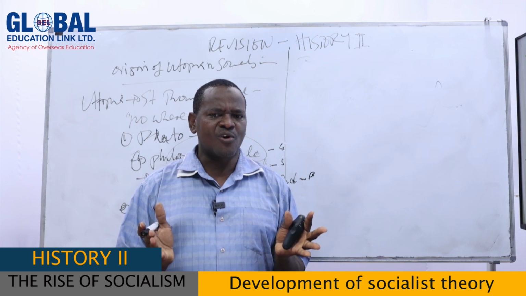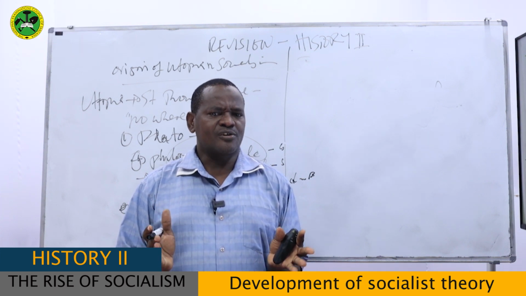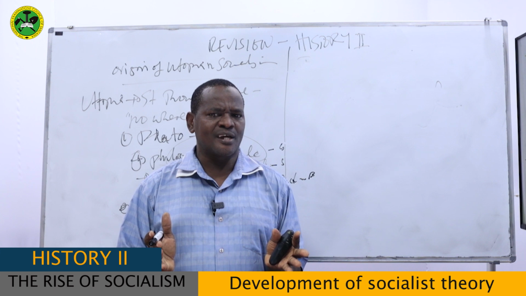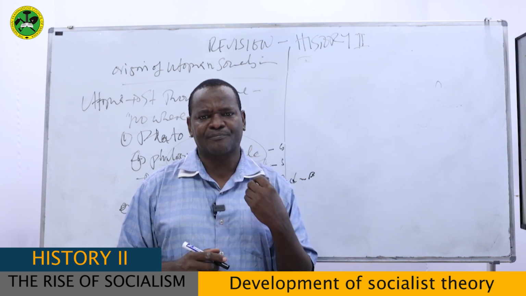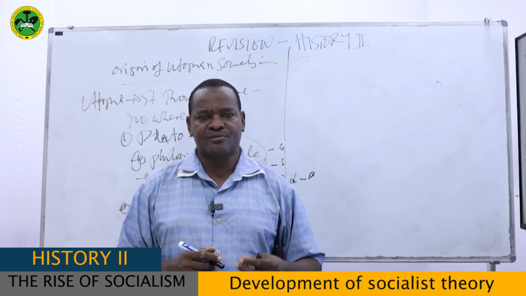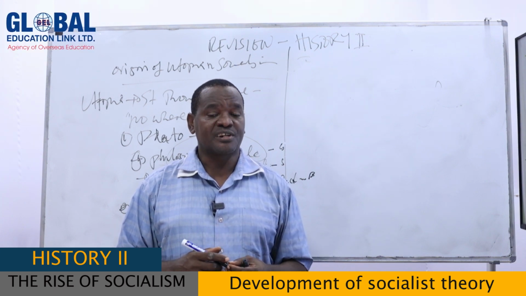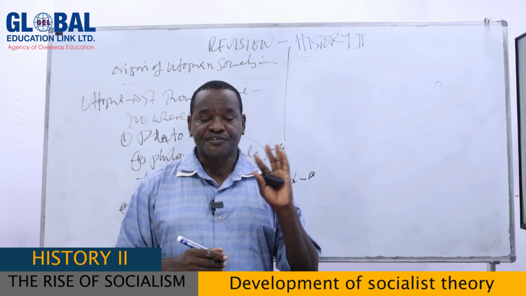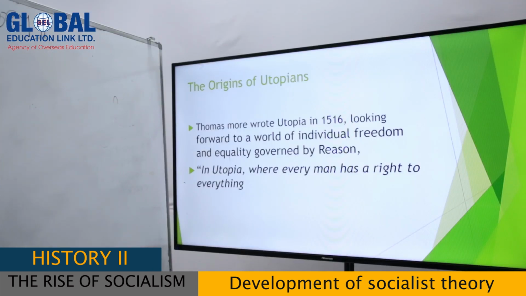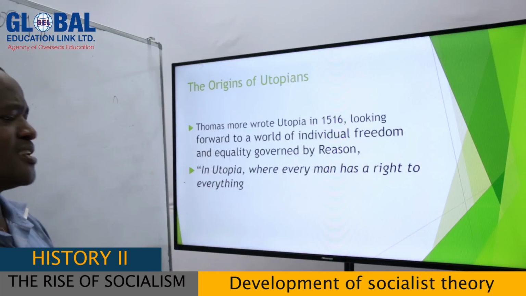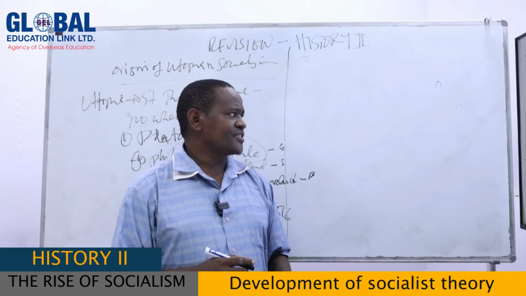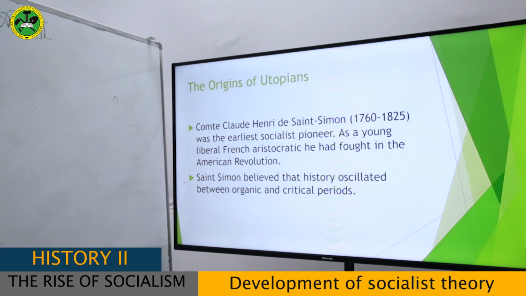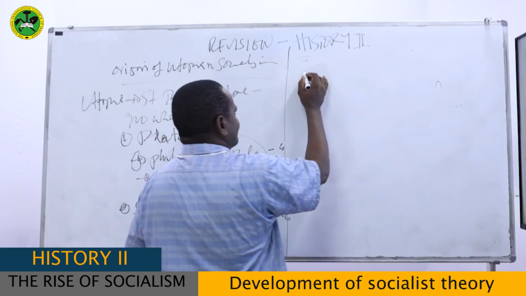So St. Thomas More wrote his book. He created his own imaginary society. We call it an imaginary society because there was no such society in the world. That is something he foresaw, something which he wanted to build. But remember, it was so difficult to build because it was just an idea. So that is the second area we can trace the beginning of this utopian idea or utopian socialism. The third area is from Comte Henri de Saint-Simon.